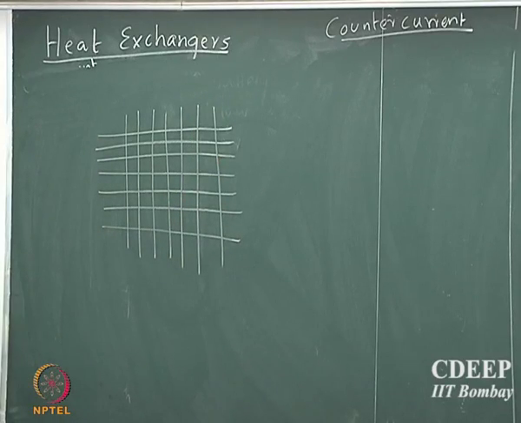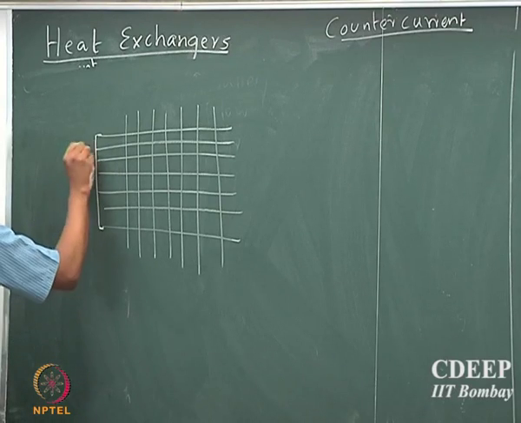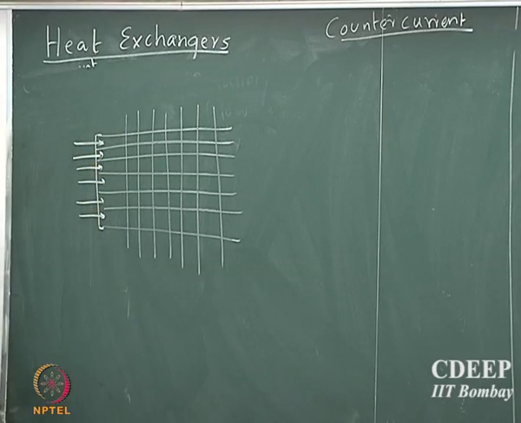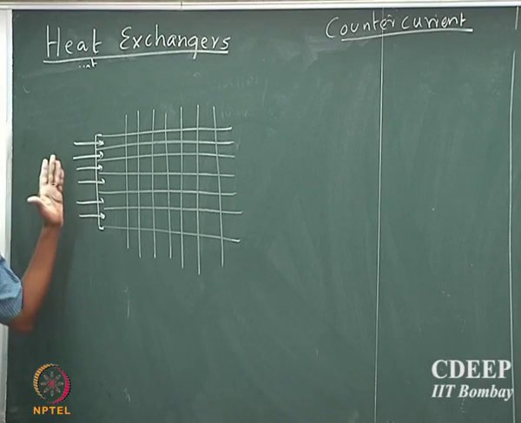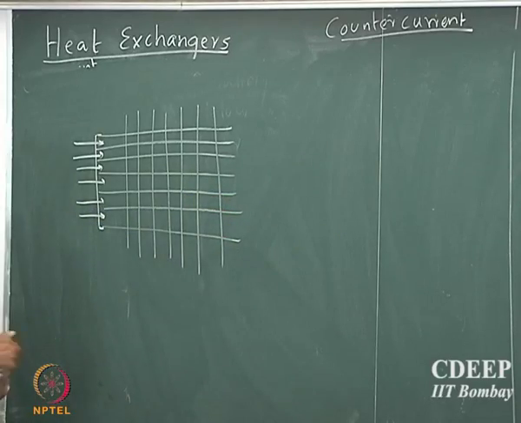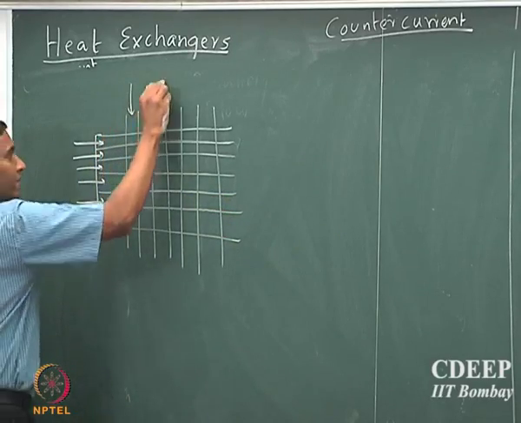the only difference there is that you don't have two fluids where heat exchange is happening. It's just one fluid which is carrying heat from inside to the outside. It's the air stream which is carrying heat from inside to the outside. But in compact heat exchangers in industries, you can have a situation where you have one fluid which is flowing through the pores of this array, okay, going from one direction to the other direction, and you can have another fluid